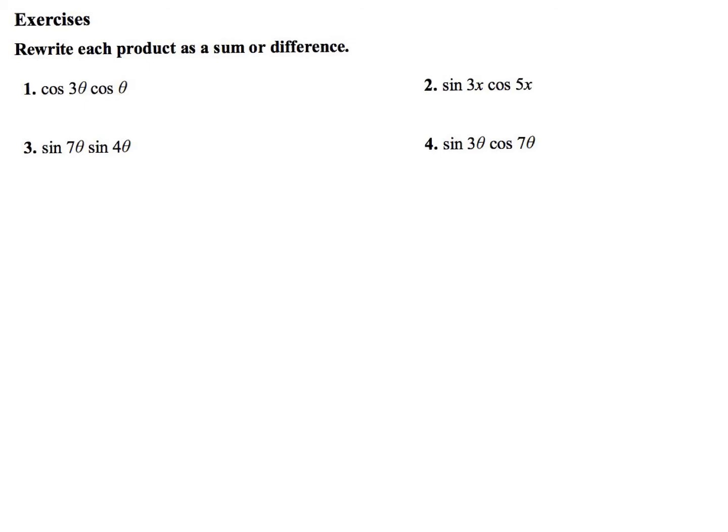So looking at number 1, what we see is that we have a cosine 3 theta and cosine theta. We need to write it as a sum or a difference, so we're looking at product to sum. If you see on your formulas, there's only one option where it's a cosine and a cosine. That would be the second line down. So that gives us 1/2,